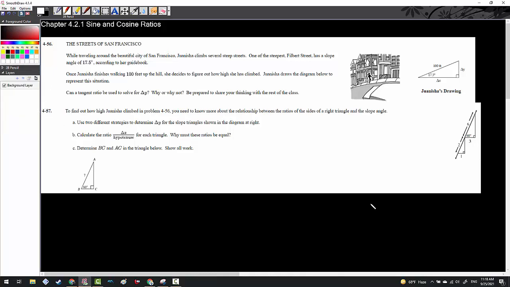In today's episode, we will be discussing Chapter 4.2.1, which is the sine and cosine ratio. So we will be revisiting our good old buddy trigonometry. In the last episode of this, we learned about tangent, but we will be learning about his buddies sine and